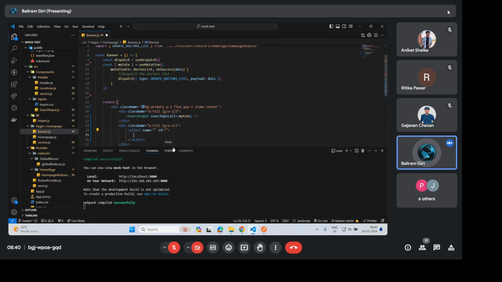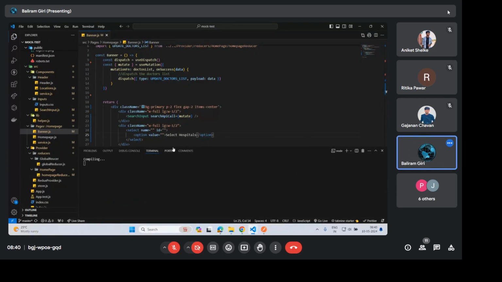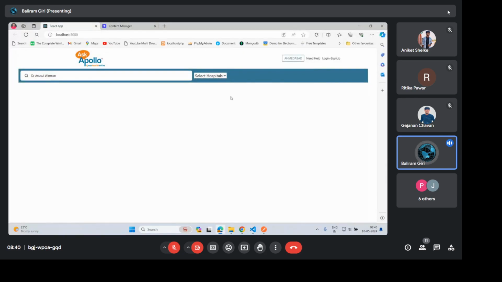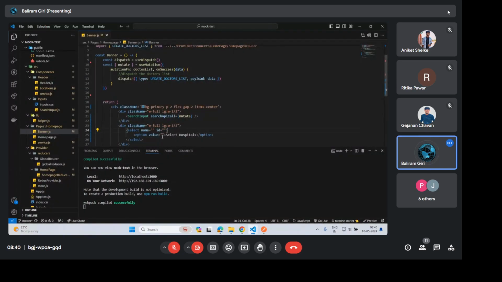Here I can say options. Void options. First will be nothing, but it says select hospitals. I need to design it, for that class. I can say busy white,